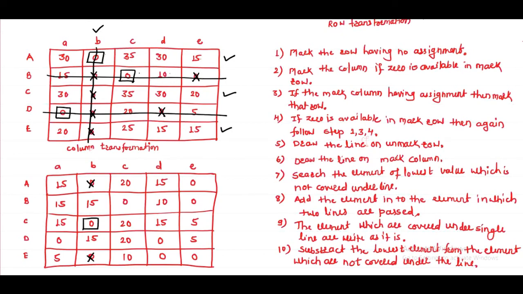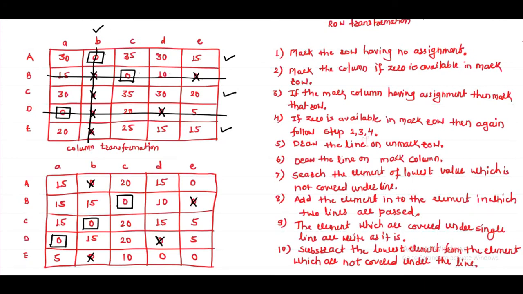Then after the row wise assignment, go to the column wise assignment. In the first column only one zero is available, so we draw a square around that zero. Now we check whether any other zero is available in the fourth row. Zero is available, so we draw a cross on that. Then in the second column an assignment is already there. Then in the third column only one zero is available, so we draw a square around that zero. Now we check whether any zero is available in the second row. Zero is available, we draw a cross on that.